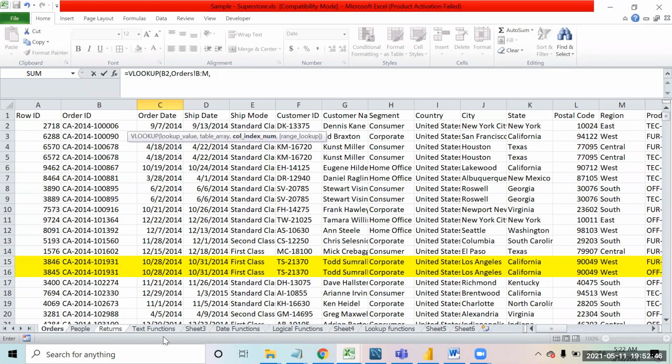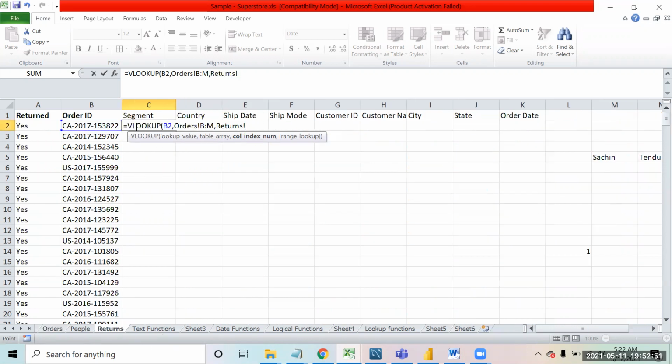Now I have to give the column index number. For example, in my data requirement, I have to find segment, so I have to give the column number of segment. But if I look for that manually, that will become a manual process. So instead of that, don't you think I can make use of MATCH?